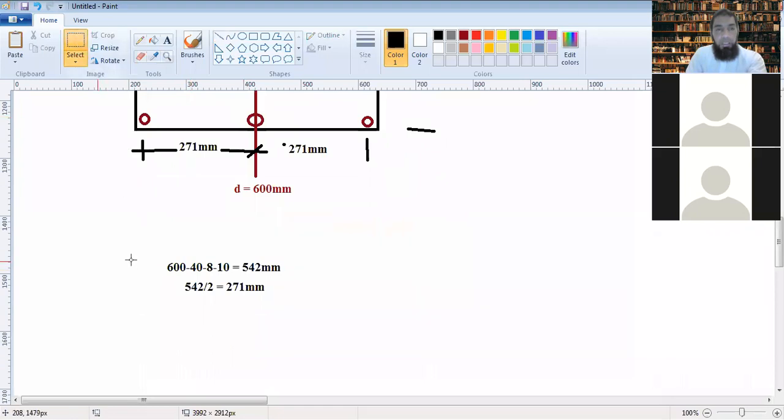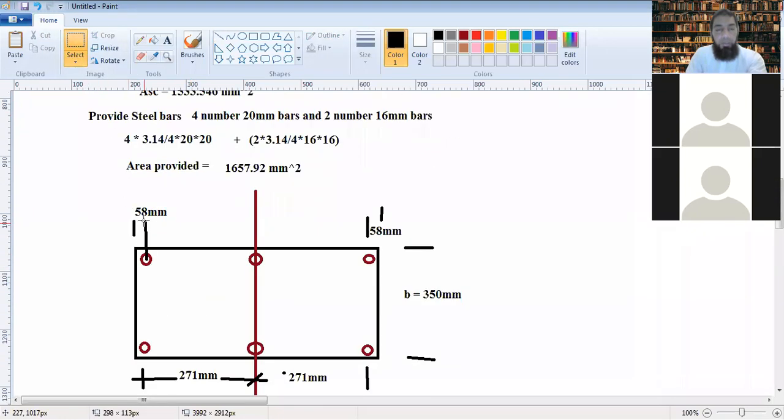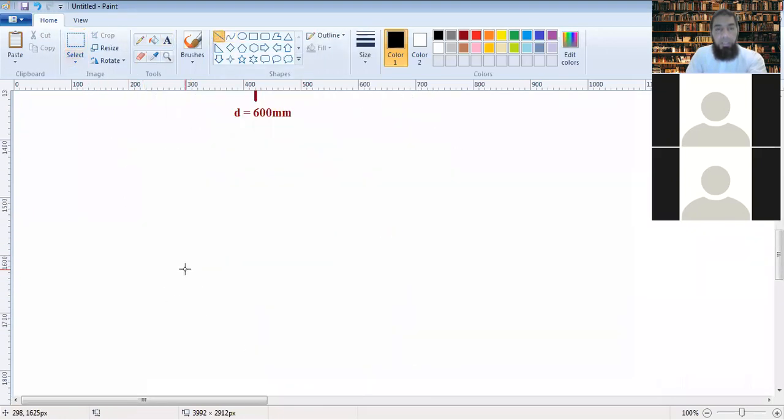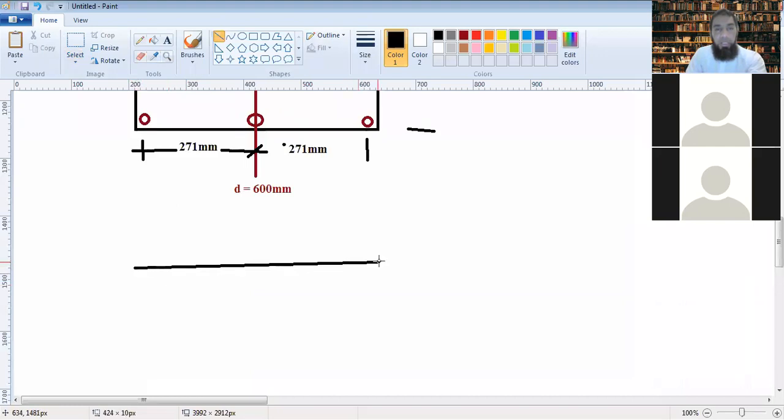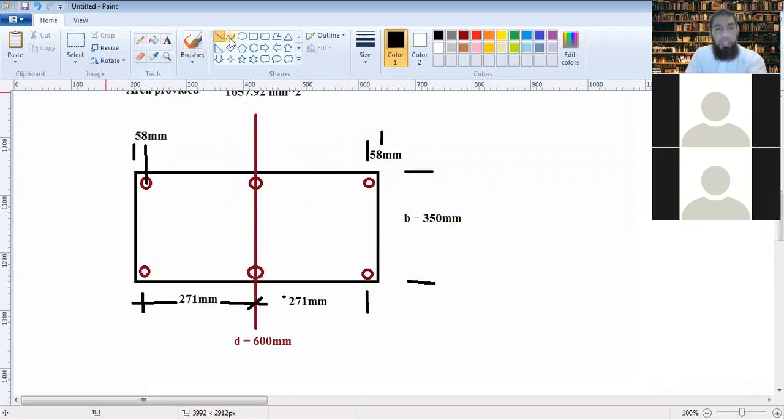Now if I have to first of all determine the stress and strain profile of this, the strain profile of this would be, because the load is, how is the load acting? The load is acting